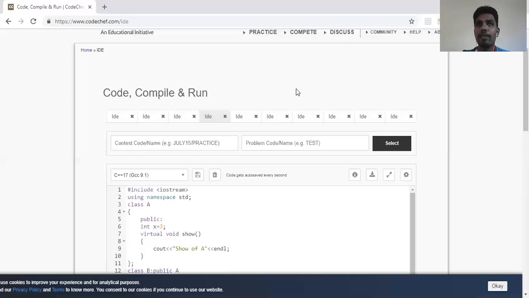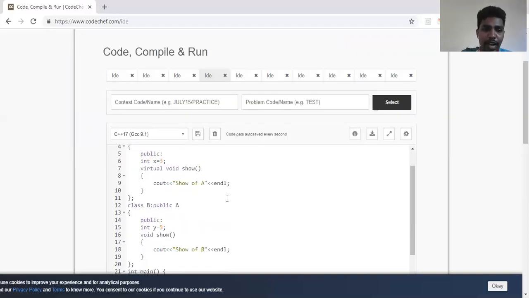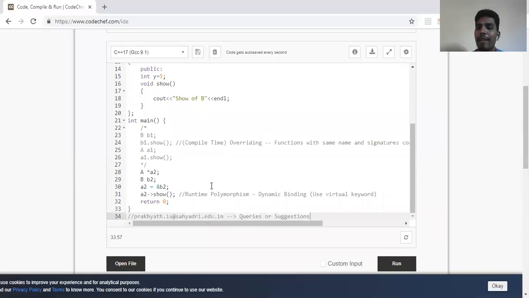Coming to overriding, when it comes to parent and child, when they have same functions, which function to be called? It's called overriding concept. So if you are not using dynamic method dispatch, it actually calls its own scope function or its own scope attribute. For example, child will call its own show and parent will call its own show in this example. But if I go for dynamic method dispatch, then the parent can call the member function of a child by referencing to the object of child. So this particular concept is called runtime polymorphism or dynamic method dispatch or dynamic binding.